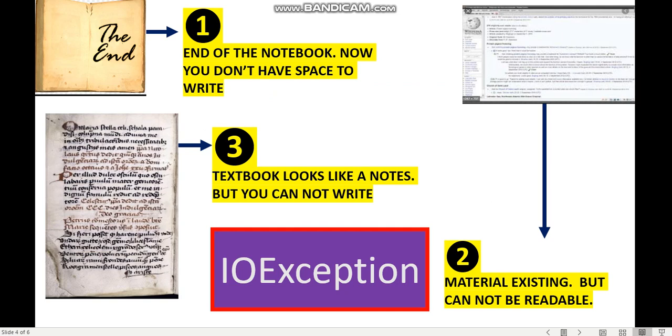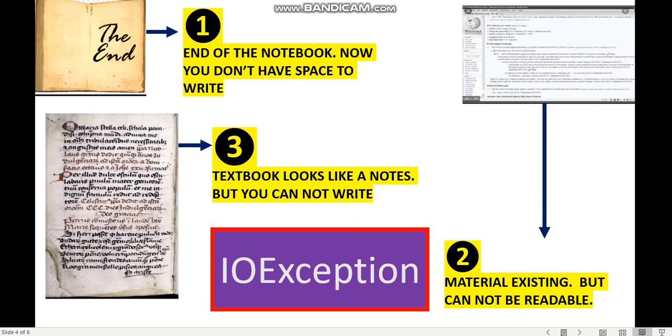This example comes under IOException. And the next one is material existing but letters are not readable. In a similar way, the file exists but we cannot read data from the corrupted file. This exception comes under IOException.